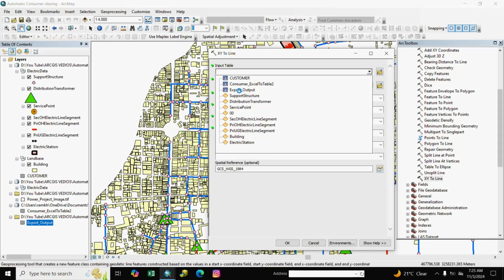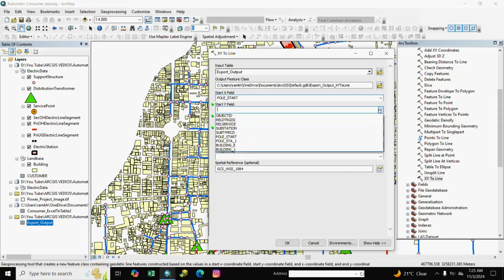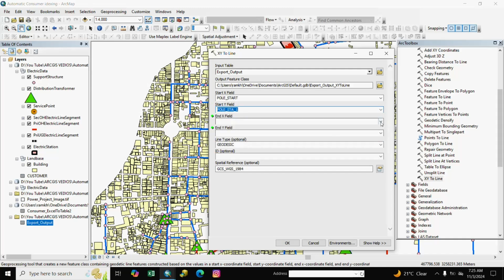We select the export output, and we select here the start X field, meaning pole X coordinate, and the start Y field, meaning pole Y, same for building.